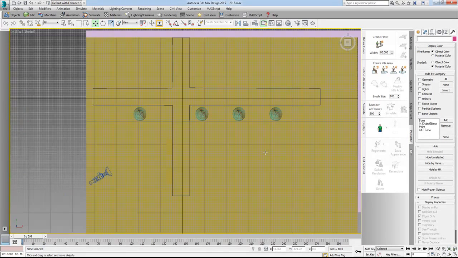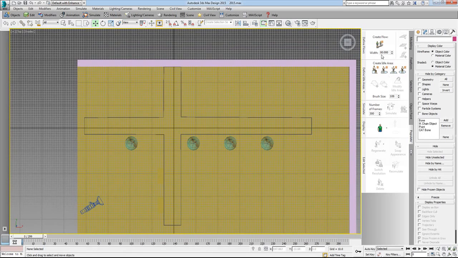So in that I'll go to top view. I'll say Create Flow. This is the brush size. We can also increase the brush size from here, like this. Right click, you can go back to start. Same like a spline. I have already started by mistake, so just right click and you will be off that command. And you want width, so this will increase the width of the brush.